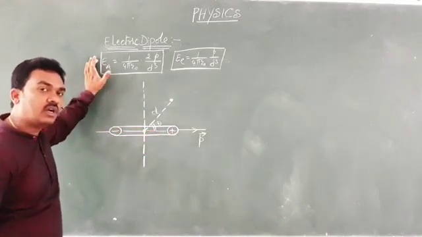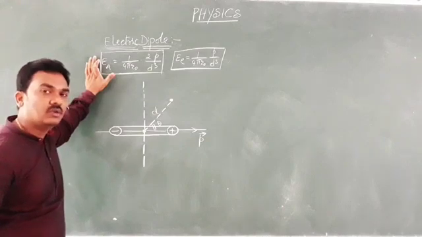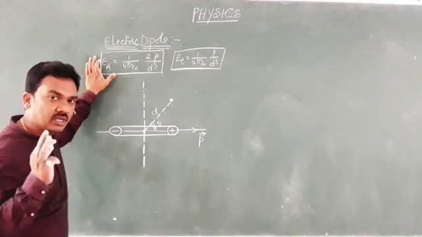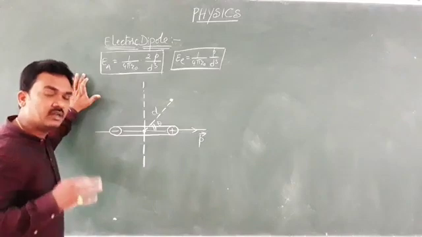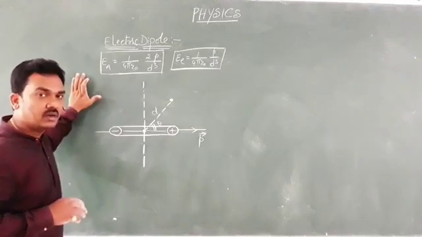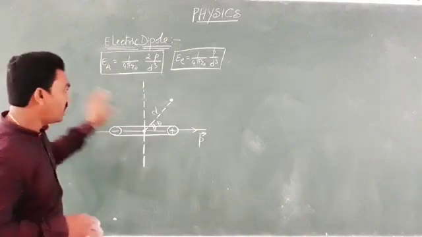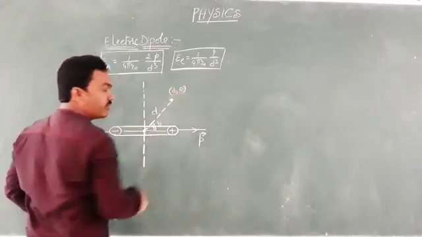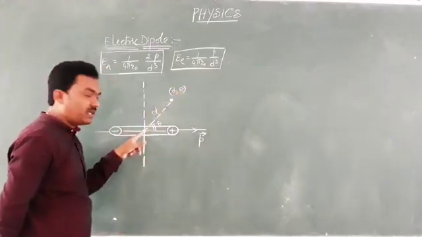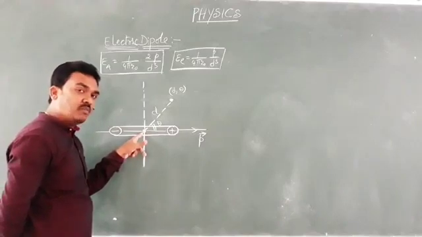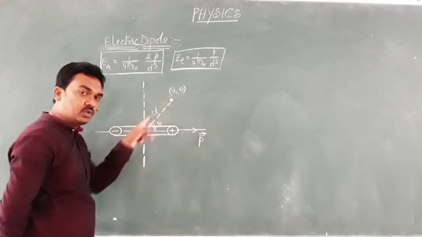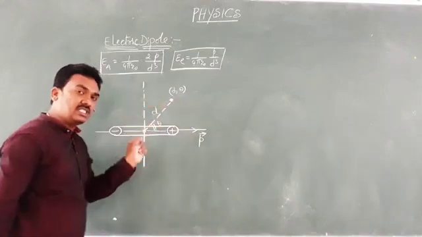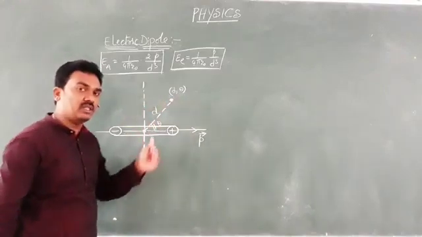Usually in a coordinate system, we take two coordinates, x coordinate and y coordinate, to locate a point in the plane, x comma y, which is the ordered pair. But there is another technique of locating a point in the plane as a combination of distance and angle: the distance of the particular point from the fixed point, and the angle made by the line joining the particular point to the fixed point with the reference axis, that is theta. So using the distance and angle combination, you can locate a point in the plane.